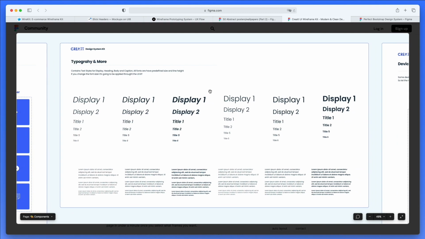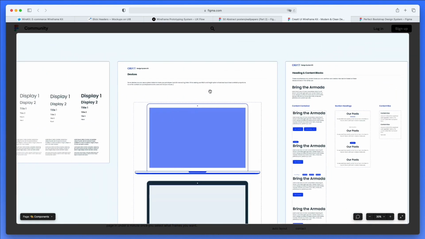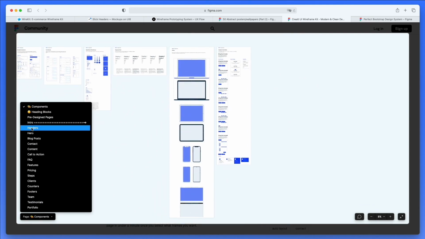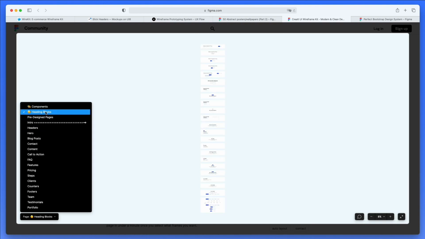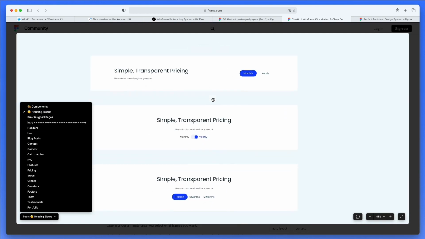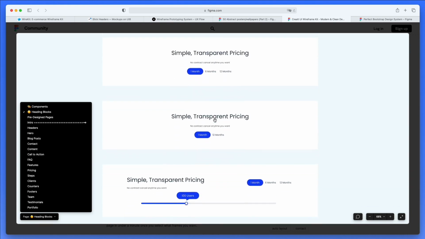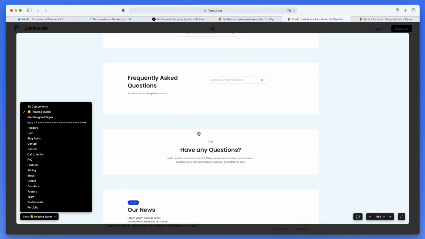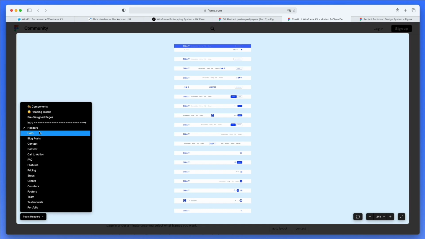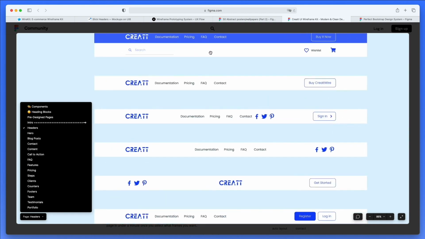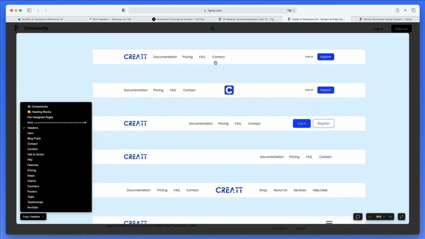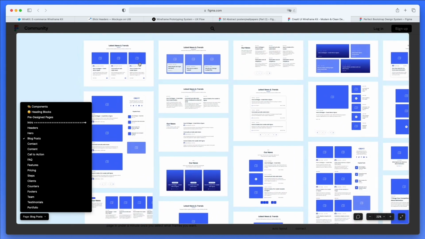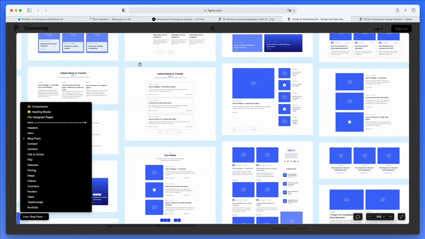Same for the typography. I think it looks pretty neat, pretty clear, and overall you can see that this is the components. But as we move below, well, first of all, we're going to find, for example, the heading blocks. As you can see, these look really clean, and overall they're just very minimal. A lot of variations, as you can see also here in the headers. Very clean design, looks amazing, and you have all sorts of different elements which you can leverage for your next